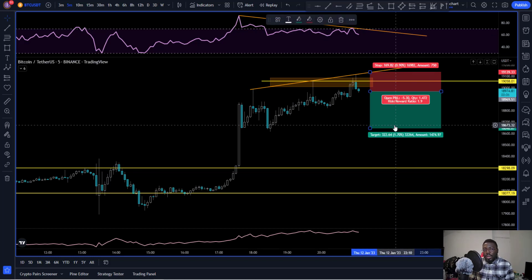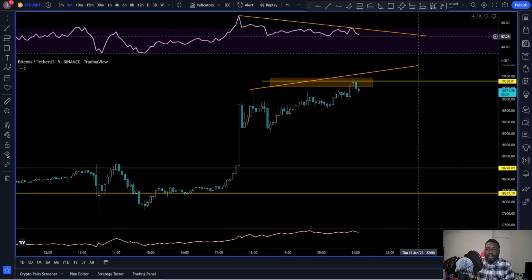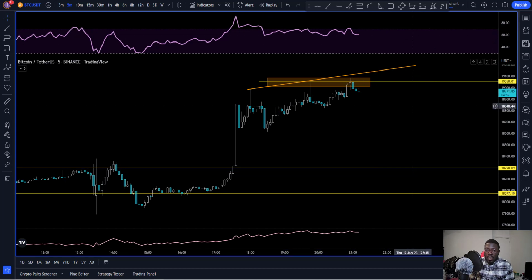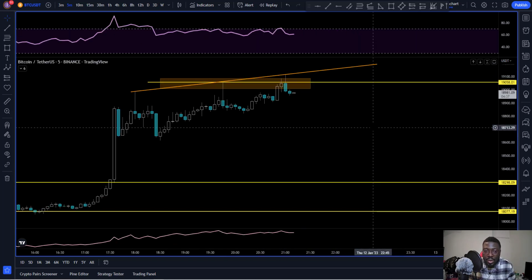Or simply because this is also on a lower time frame, we are not going to really be very greedy with taking profit. So if you're taking the trade on a lower time frame like 3 minutes, 5 minutes, your take profit needs to be aggressive. You don't need to be greedy to wait for a big drop to happen. So if you're taking on a lower time frame, you need to aggressively take profit, because I'm seeing on the RSI we are not really confirming